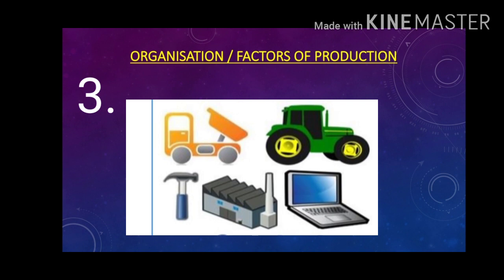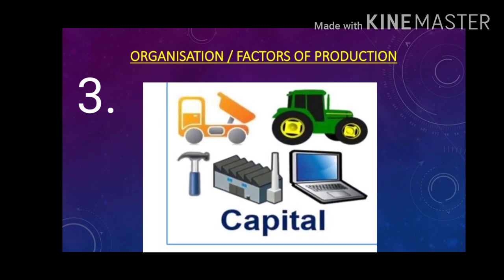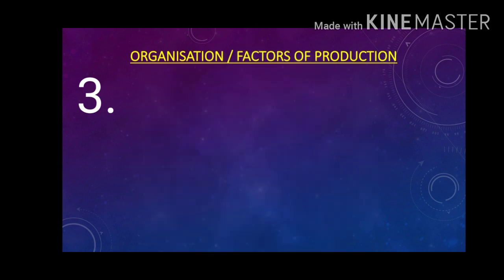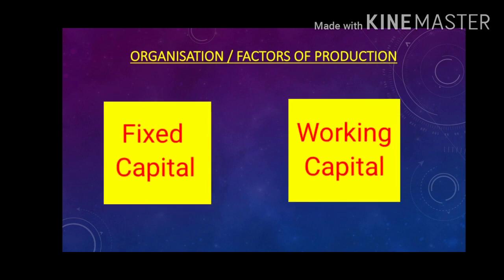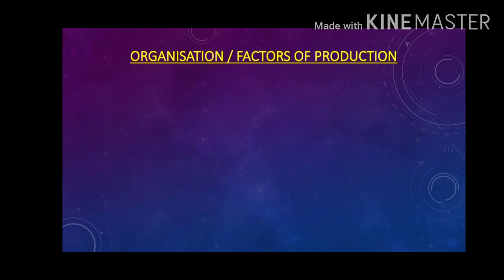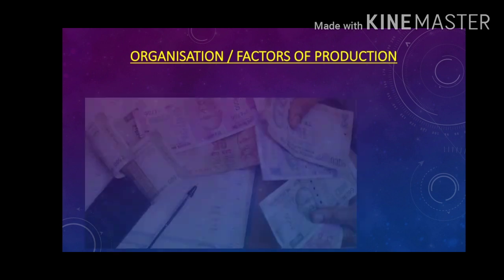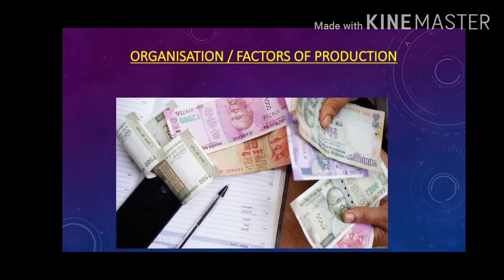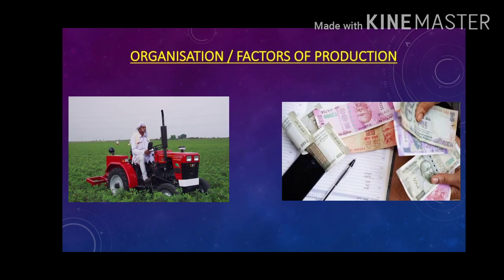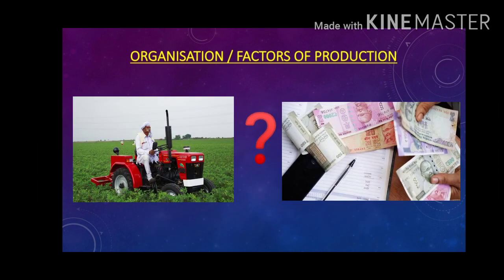Yes or no? So this is nothing but the capital, which is also called the physical capital in your chapter. Now capital can also be of two types. Let's see. So these are fixed capital and working capital. Now think about that farmer again. In case of this farmer, what do you think is the fixed capital and his working capital? Any idea? Say his tractor and the money he needs to buy the diesel for his tractor. Now which one do you think is fixed capital and which one do you think will be working capital?